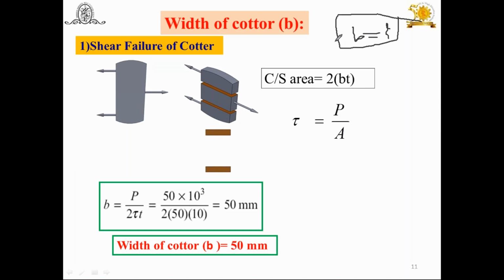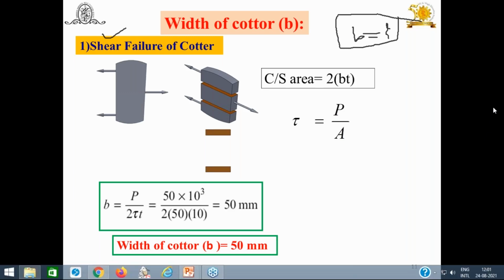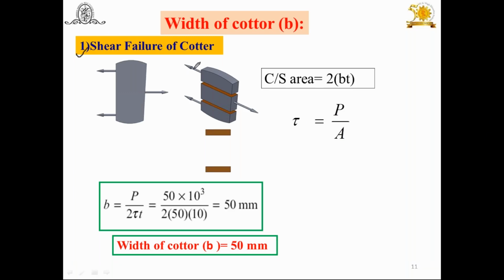to, because the quarter is going to fail because of shear and because of bending. So first of all, find out the quarter width B against the shear failure. You know very well that when it is subjected to tensile force, the upper and the lower part of the quarter are going to fail because of shear. At the middle or mean it is B, and the thickness of the quarter is T. So what is the area of the upper part? B into T, and the lower part also B into T. The total cross sectional area is equal to 2 times B into T.